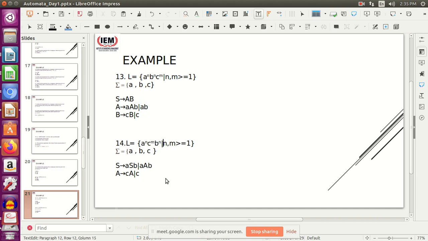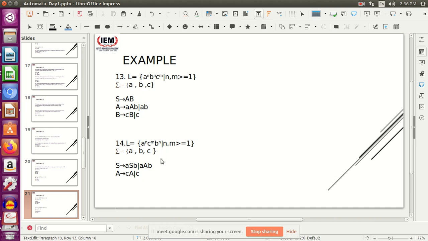So, we have an equal number of a and an equal number of b, but a is at the starting end, b is at the ending part, and c is in between. Over here c was at the end, okay. Over here c is in between or in the middle. That is the only difference. So, how to ensure that?